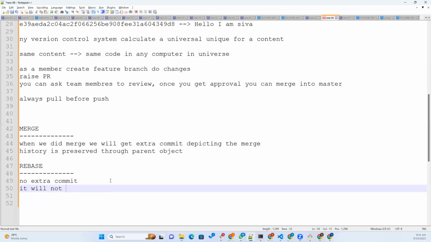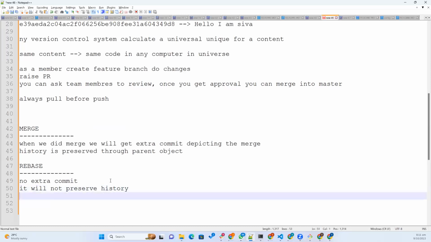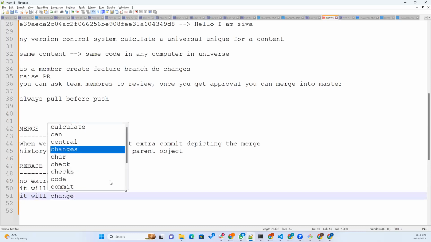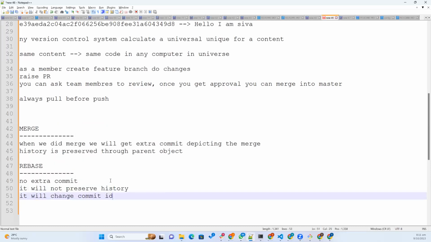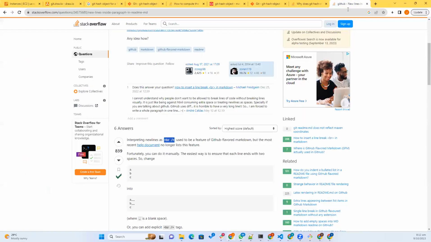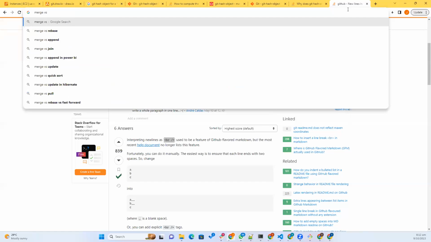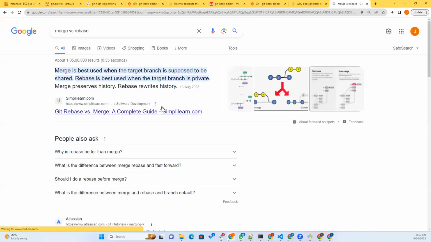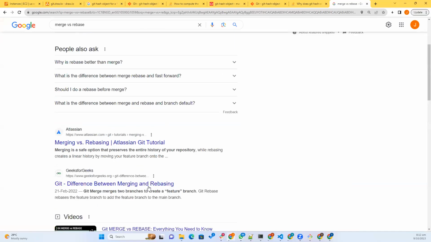It will not preserve history. And another thing, it will change commit IDs. It means it rewrites. Okay, so the difference, this is a very, very popular question, merge versus rebase. Generally everybody will just read from the internet or learn it by heart, but they don't know what they are telling here. So if you just click here,